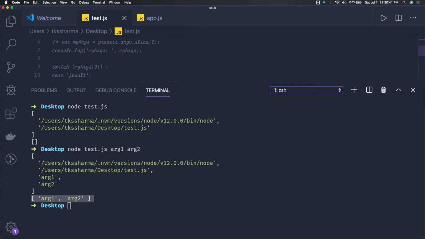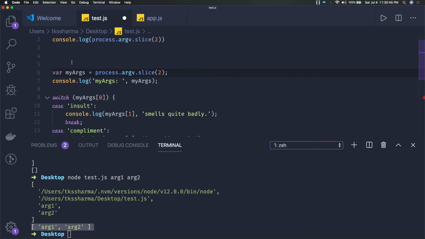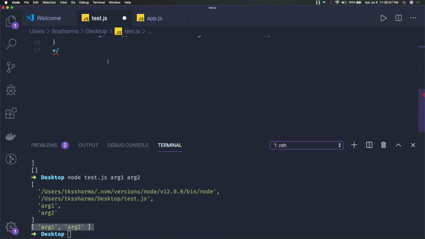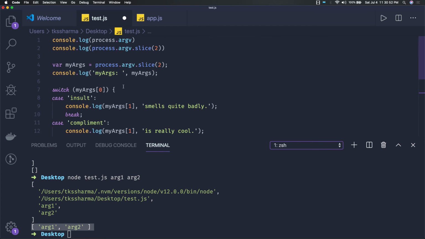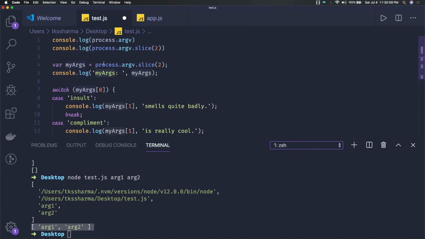And there is one simple example I have created for the Node.js command line. So here what we are doing is we are getting the command line input. Okay, we are logging it, and based on the command line argument we are trying to print. So we just slice the argument and we assign that to this. Now based on your input, like if you are passing insult, complaint and all, so if you do this, my argument 1 is insult,